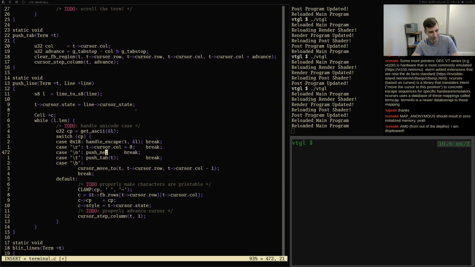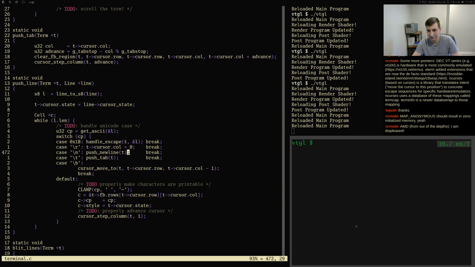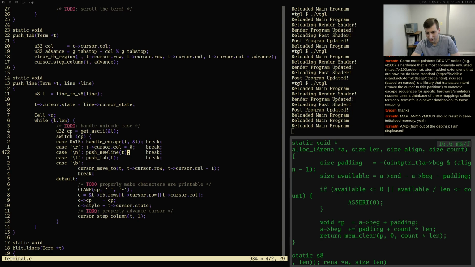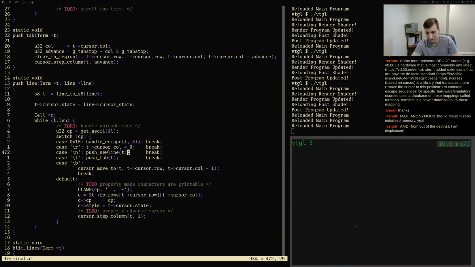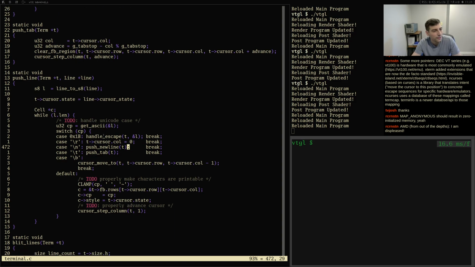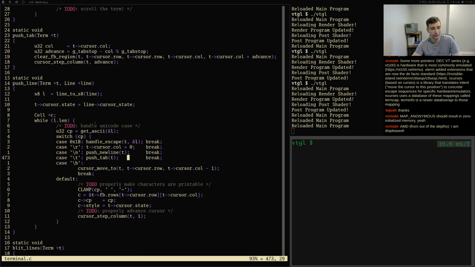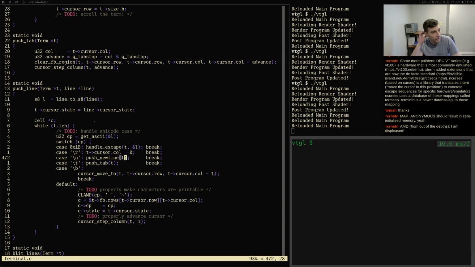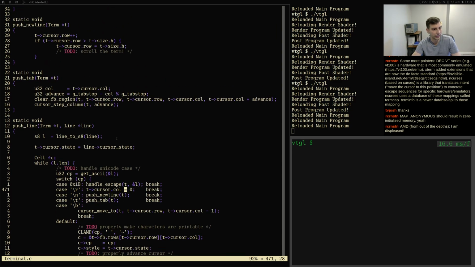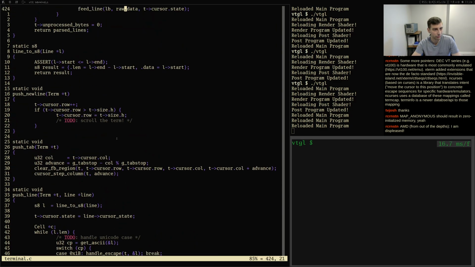Good. Okay, let's adjust this so that it actually does what it's supposed to do, which is scrolls the screen basically. So it scrolls the terminal when we do that new line, which we can do by